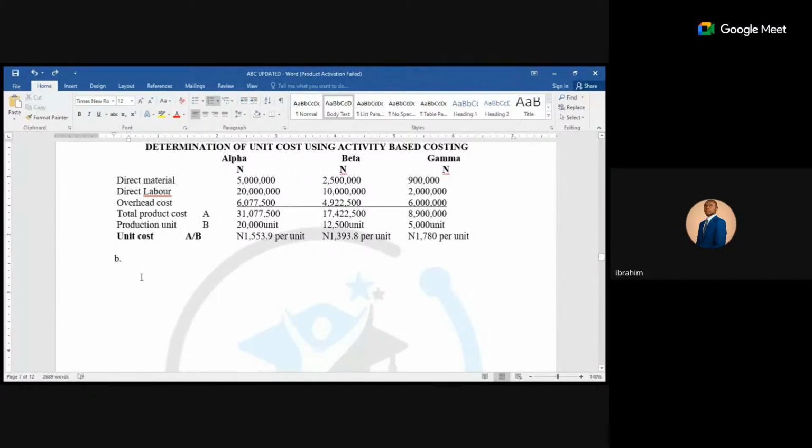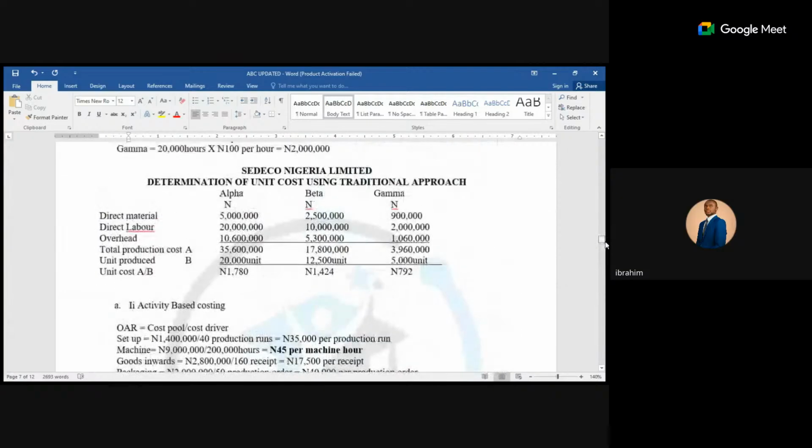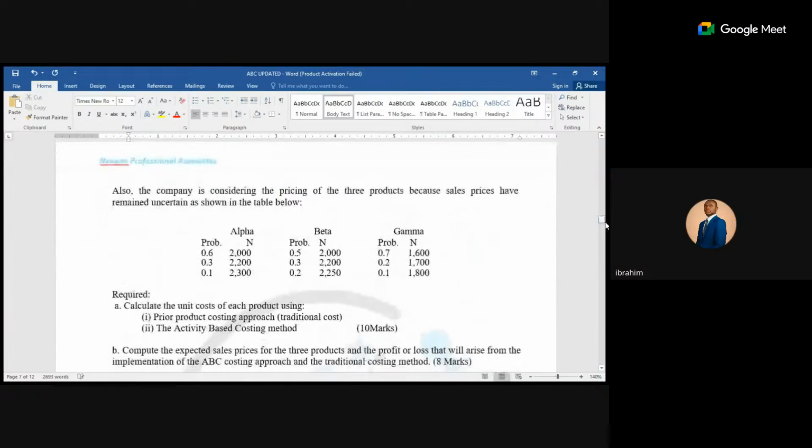For alpha, expected sales first. Alpha equals to, now let's check from the table expected sales, class. Now, if you want to get your expected sales, you can see that there is